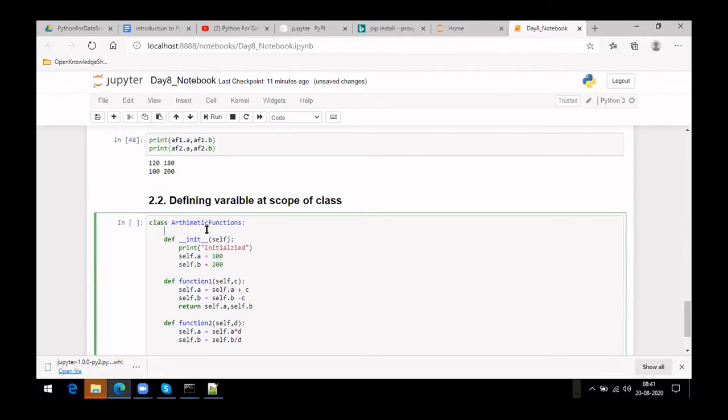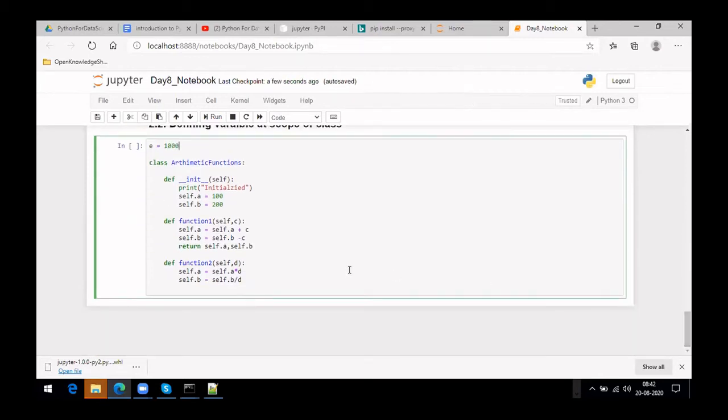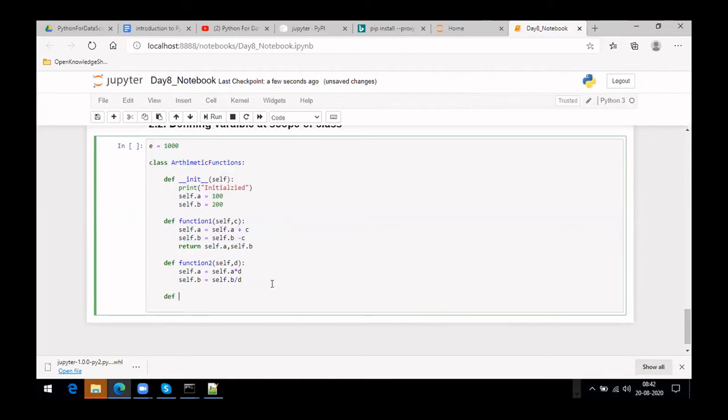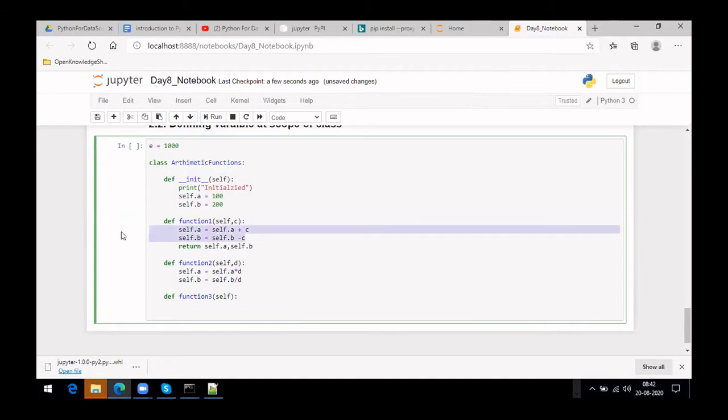Okay, so once it is okay, let me use something here. I have defined a different variable equal to 1000. Let me see if we can access it at this level. Along with this, let me create a new function for it instead of disturbing function 3 itself. Let's not give any variable, that is also possible. You can cover that as well. Okay, so addition would be fine.